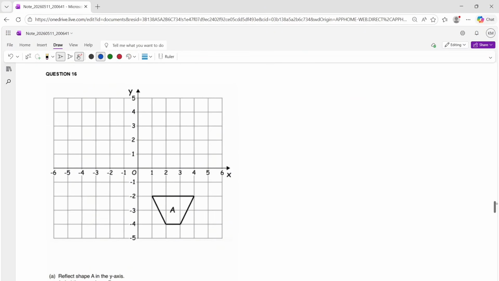Okay, question 16. You have been asked, first of all, again, transformations comes up every single year. It will be on 1 or maybe more of your papers. It quite often comes up on paper 1. So there are 4 types of transformations that you need to know about. They are reflection, rotation, translation, and enlargement. So you could either be asked to carry out a transformation like this, or you could be asked